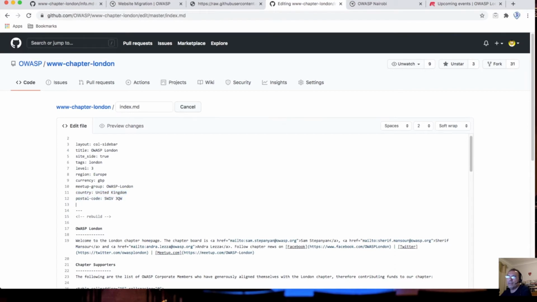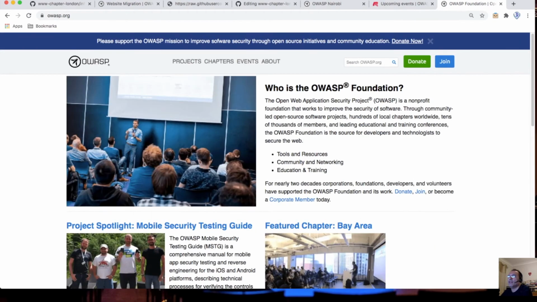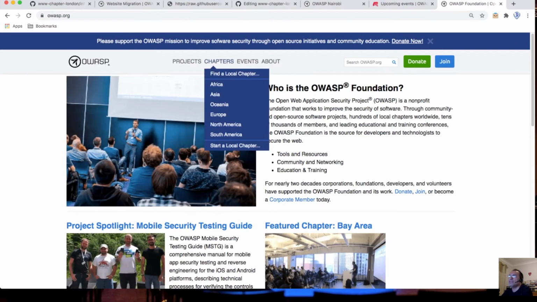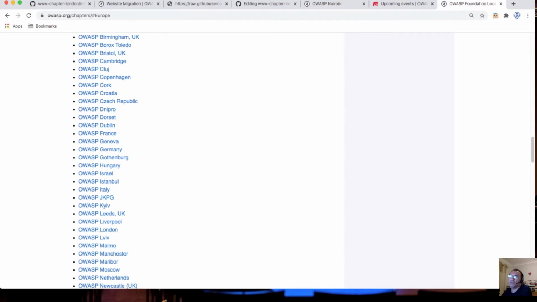Now, I'll show you why these fields are required. If we go to the owasp.org website and click on chapters, you will see, to find the local chapter page, there is a split by region. If I click Europe, I will find the OWASP London page here underneath Europe because it has Europe listed under its region.